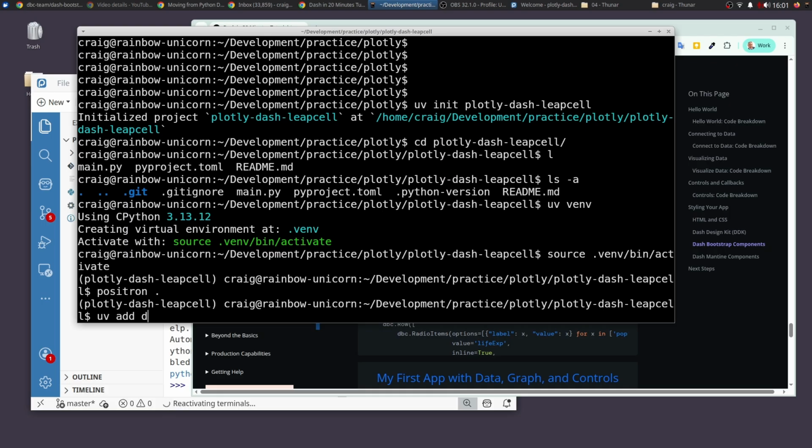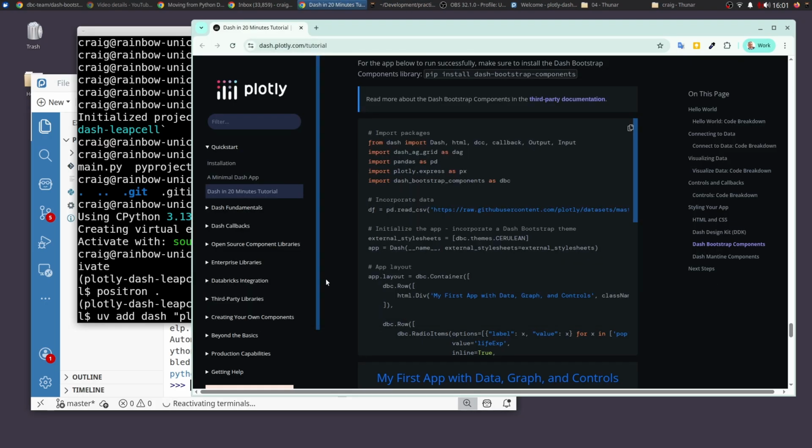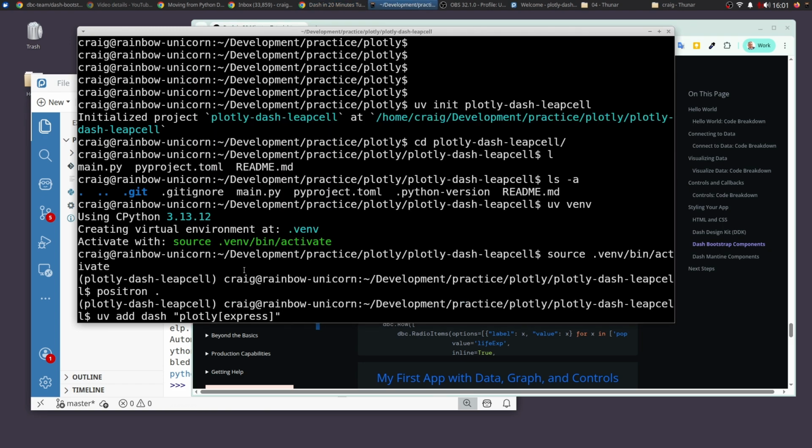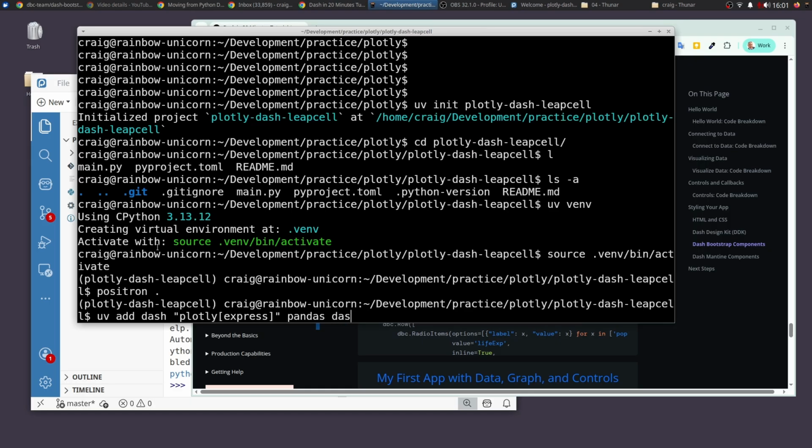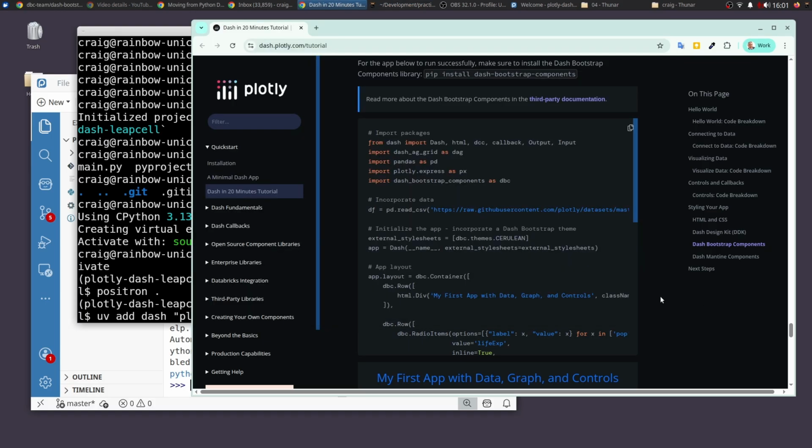I'm going to add some of the dependencies using UV add. Again, UV is an alternative to pip and is generally considered to be superior to pip by most people. So looking at the import statements on the sample code, I'm going to import Plotly, and then it's in quotes, so I can use this square bracket, pandas, which you'll probably use, dash bootstrap